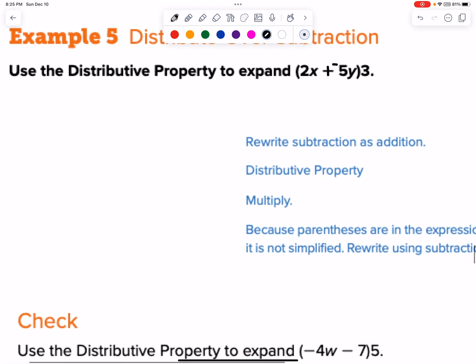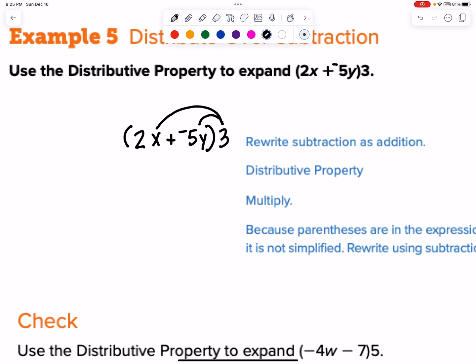Okay. So for this one, let's go ahead and write it out. So step 1, we rewrite subtraction as addition. So instead now we have plus a negative 5y. Notice it's okay to have the 3 on the right. We still can distribute that. Okay. So go ahead and show your distributive arcs there, showing that you're distributing the 3 out,